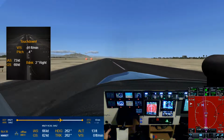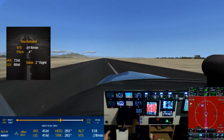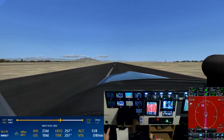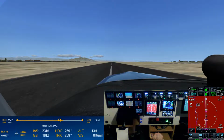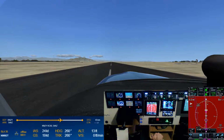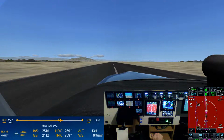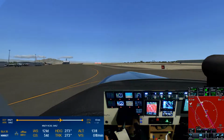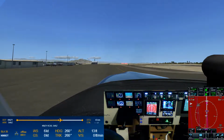Landed. Taxi and park. Landing was smooth. So this is strictly a fuel stop along our way. All right, well, let's stop right here. And we'll go ahead and we will shut down